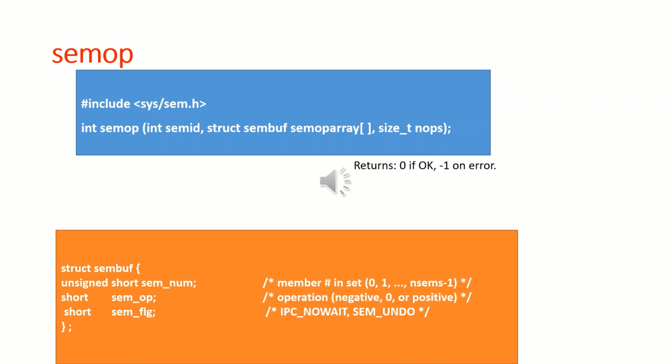Second, the semaphore is removed from the system. In this case, the function returns the error EIDRM. Third, a signal is caught by the process and the signal handler returns. In this case, the value of semncnt for the semaphore is decremented since the calling process is no longer waiting, and the function returns the error EINTR. If sem_op is 0, this means that the calling process wants to wait until the semaphore's value becomes 0.